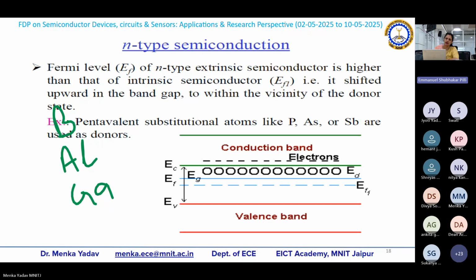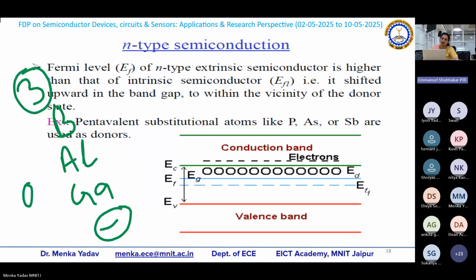Right? These have 3 electrons in the outermost shell. So if we have a trivalent impurity, it means there is a vacancy of 1 electron. If that electron is taken from somewhere, these will be negatively charged ions. Otherwise, these have a hole. Hole means a vacancy of an electron, meaning these are ready to occupy 1 electron, right?